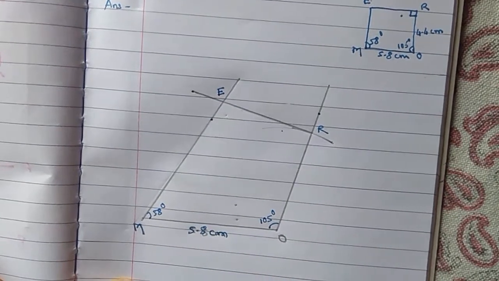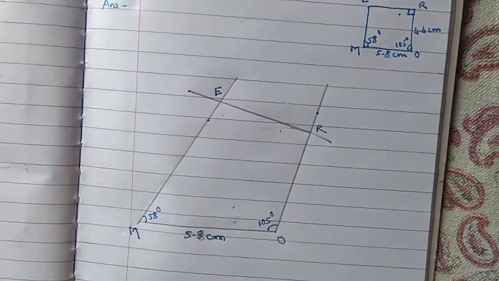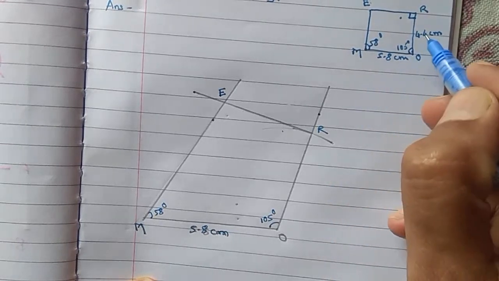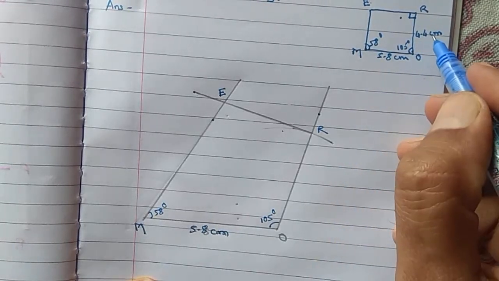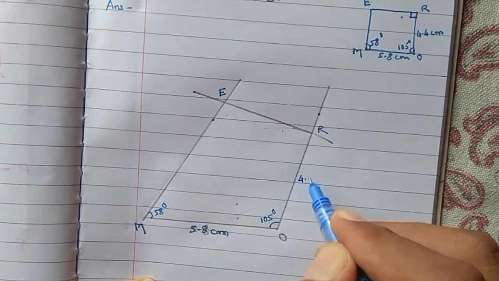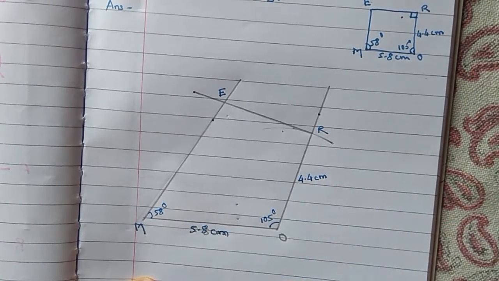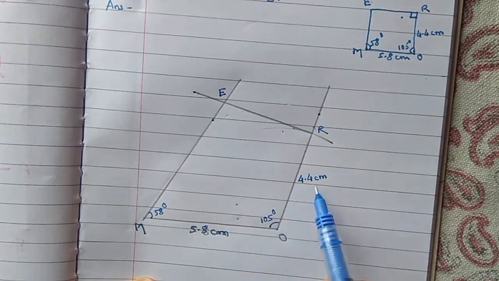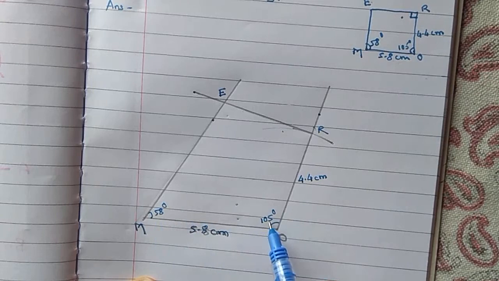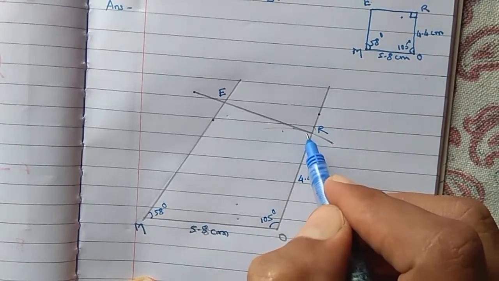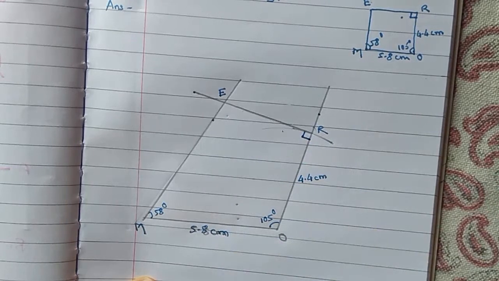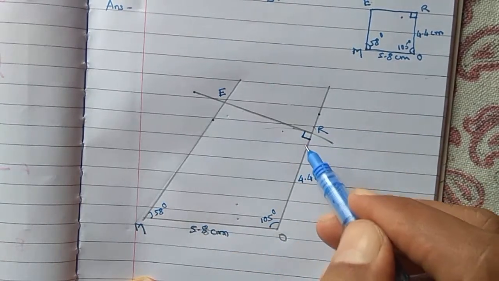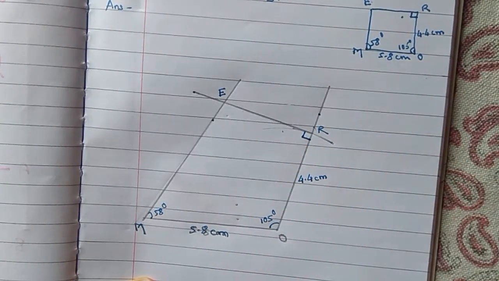Only what is remaining, we have to write the information of the elements. What elements? The length of the side, measure of the angle which is remaining. This is 4.4 centimeter. So here once again you check, have we written the names of all the 4 vertices? Written. Then length of the 2 sides, written. Then measure of these 2 angles written, this third angle is remaining. As it is 90 degrees, show only the sign. This sign is sufficient. So here our construction is over.